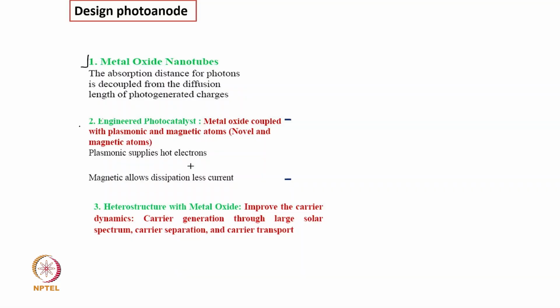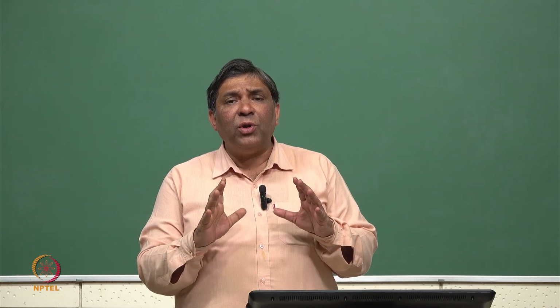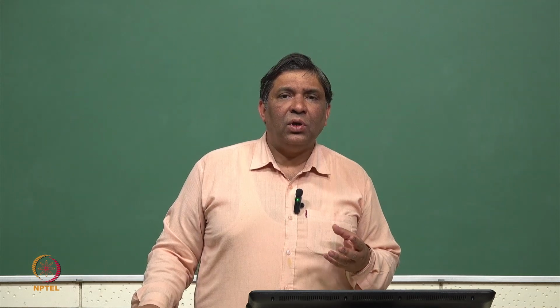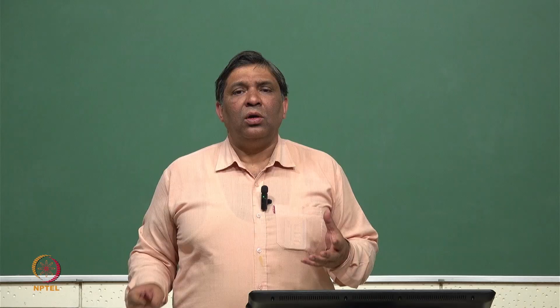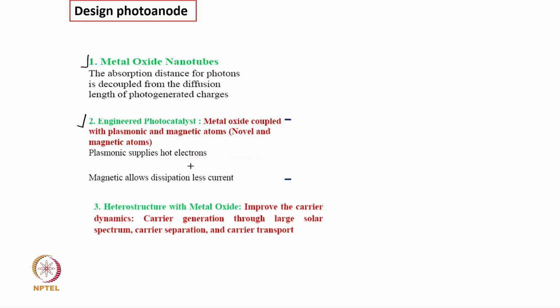So this is one. And then the engineered photocatalyst. When we talk about engineered photocatalyst, one engineering I discussed was carbon doping, and another engineering we discussed was SPR. That means I can have a photocatalyst or photoelectrode with very good enhancement of absorption by loading with nanoparticles, or with the enhancement of SPR. So this is the plasmonic effect, which supplies hot electrons, improves the efficiency, and improves hydrogen production.